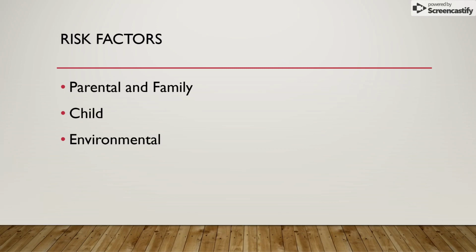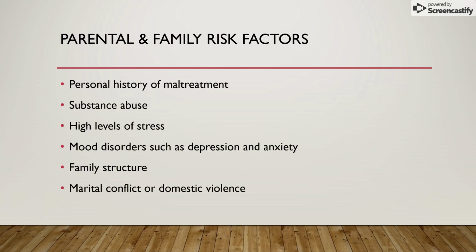There are several major risk factors for child abuse. These include parental and family structure, child, and environmental factors. Parent and family structure risk factors often include personality characteristics of the parents, such as depression, low self-esteem, anxiety, and poor impulse control. The parent's personal history of maltreatment or substance abuse, a lack of knowledge of developmental norms, for example, hitting a 1-year-old for soiling pants,